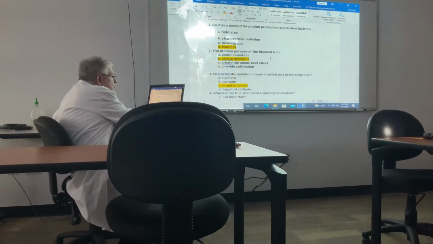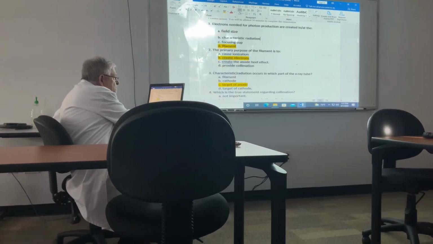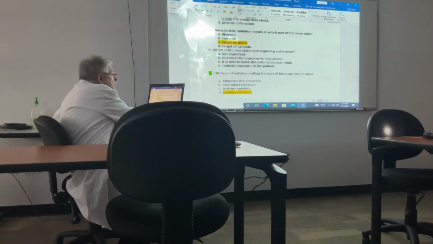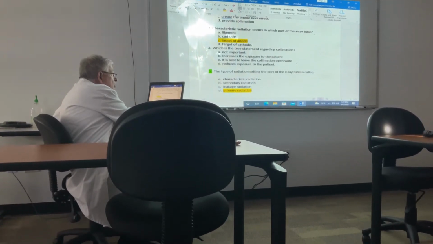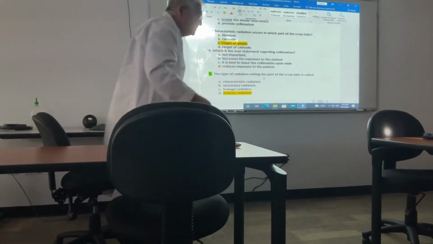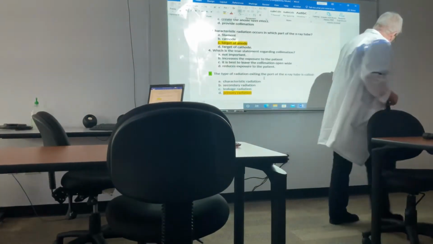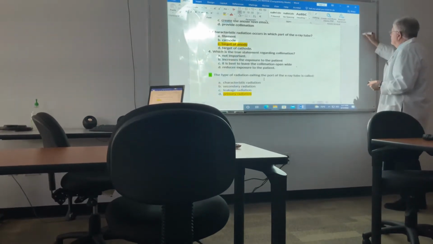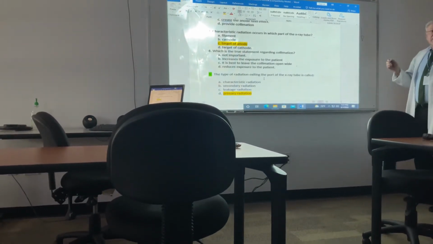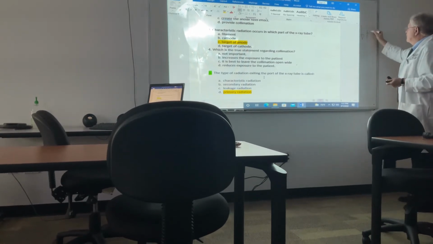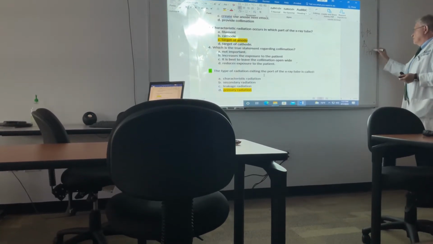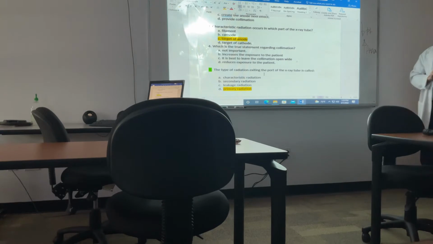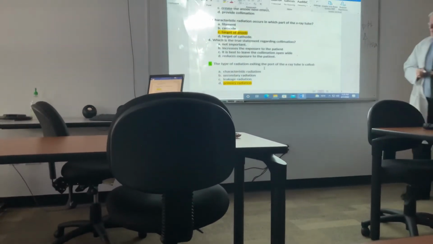All right, characteristic radiation, where's the tungsten again? Anode, good. Which is a true statement regarding collimation? I think we all agree it reduces exposure. Does it increase exposure to the patient? No. The whole idea was to reduce. And then we said, what does collimation do for you? It does all those things, okay? Decreases exposure to the patient. What does it do for your ALARA? Makes it good. Increases it. And you haven't spent a dime on any new equipment, you're just using the equipment that you have, okay?